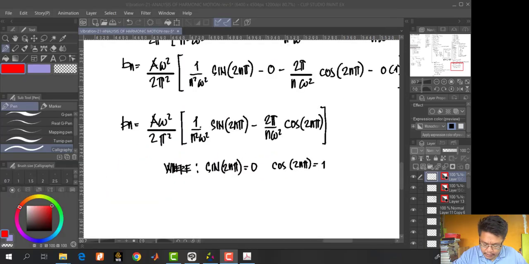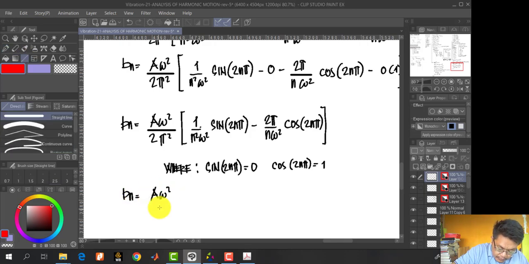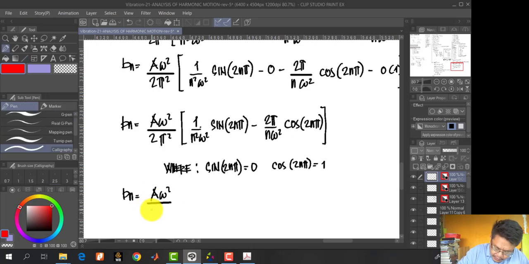Then we have here the relationship: sine 2n pi is equal to 0 and cosine 2n pi is equal to 1. So I can rewrite my equation for b sub n. We have your a angular squared, all over 2 pi squared. So I close the bracket here, and we have 1 over your